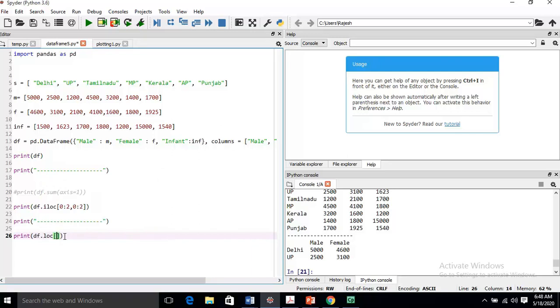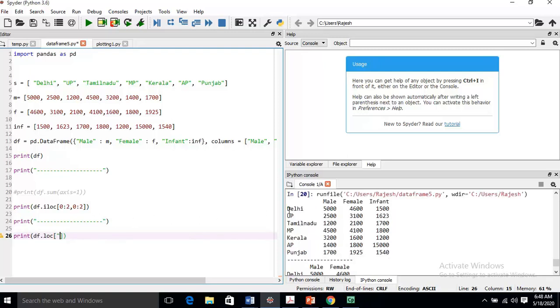The only difference is that here we will use the label index. The row index is Delhi, colon, and we require UP. Then comma, we require the data of male and female.